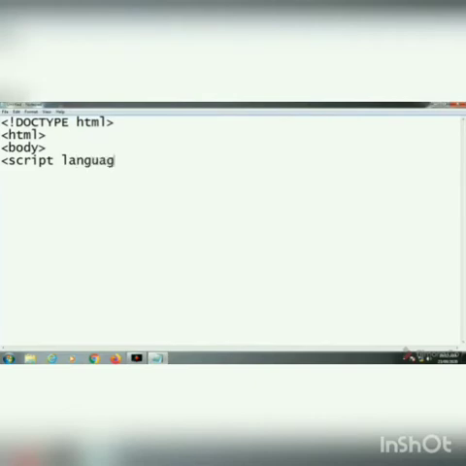As I told you, language and type specify the script language you are using. These two attributes are not necessary, but still you can add them with your script tag.